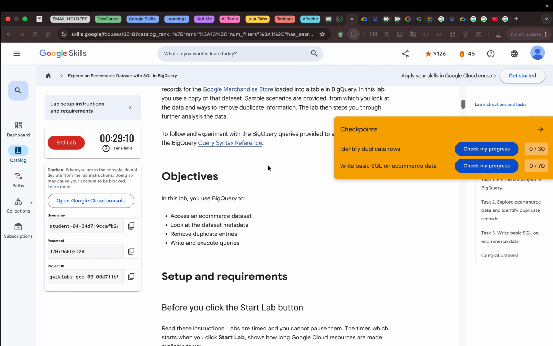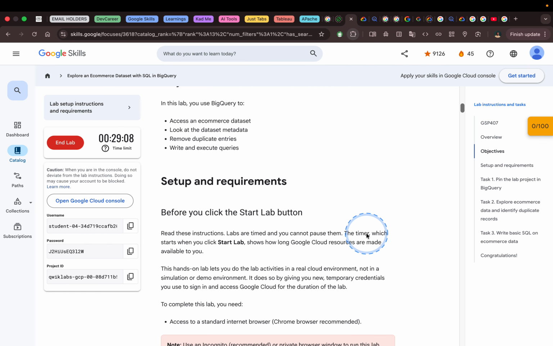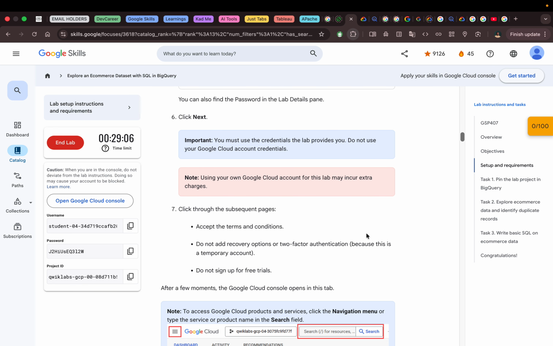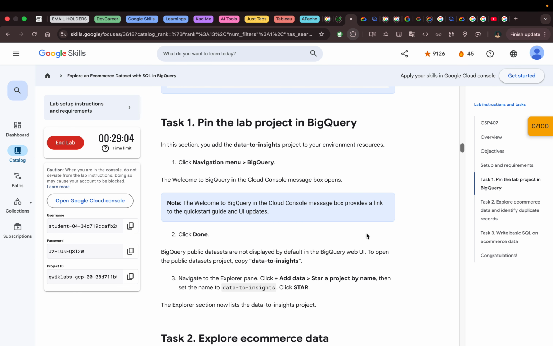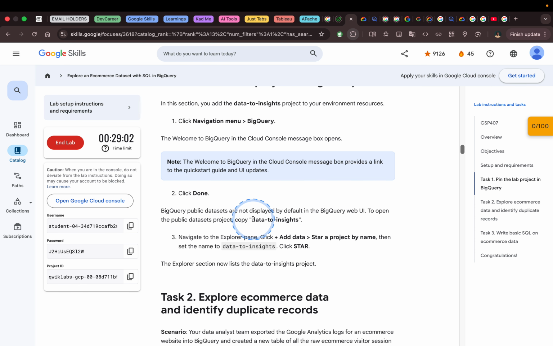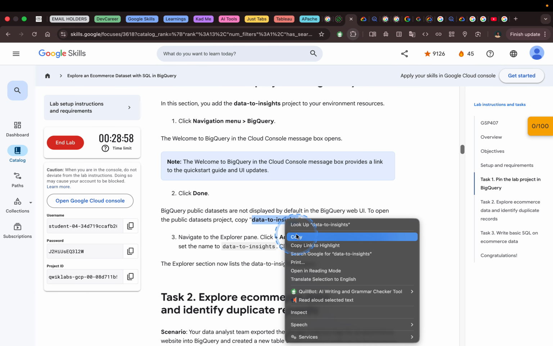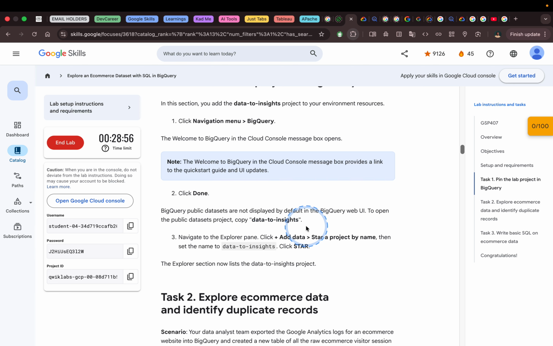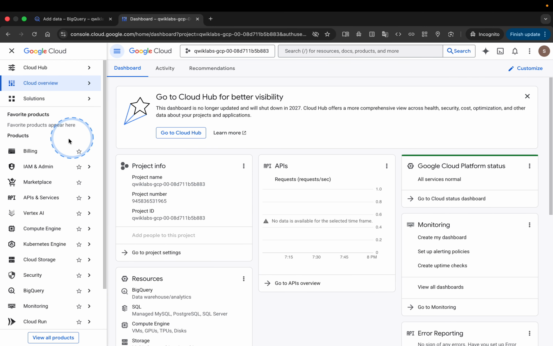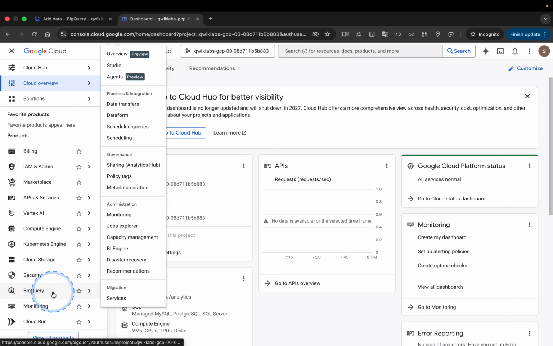So next we'll go to BigQuery. We'll navigate there. We'll copy this to get our BigQuery public data sets to be displayed when we start it. So we'll go to BigQuery,